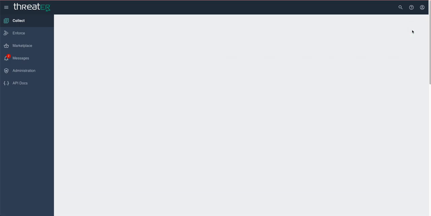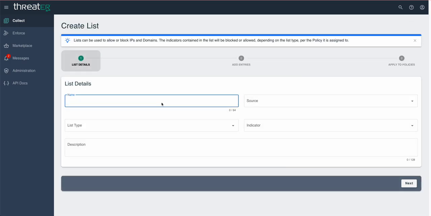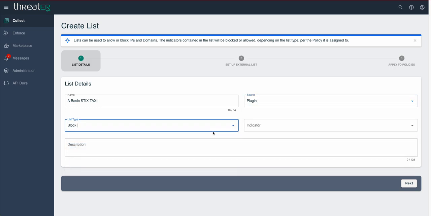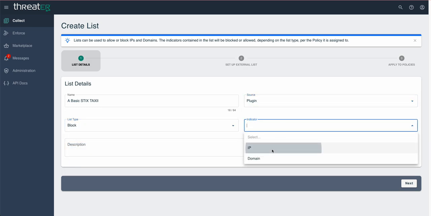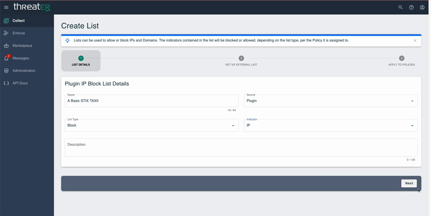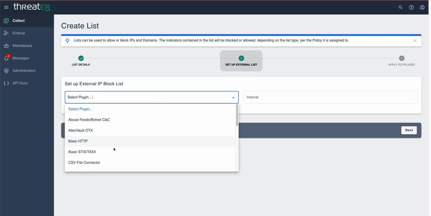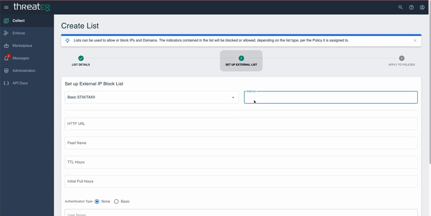click on the Create button in Collect. Give your list a unique name. Select Plugin from the source dropdown. Choose Block as your list type and choose the indicator type. Enter a description if you'd like, and then click on the Next button. From the plugin dropdown, select Basic STIX TAXII. Provide your interval value, and in the HTTP URL field, enter the service URL that you want to retrieve data